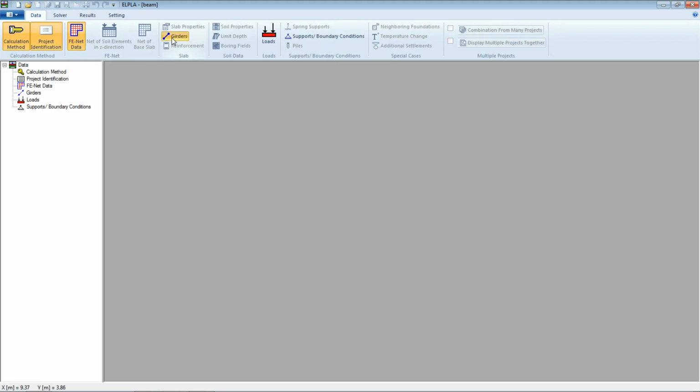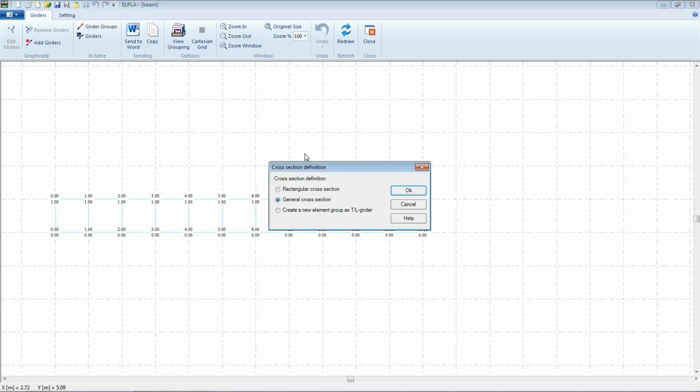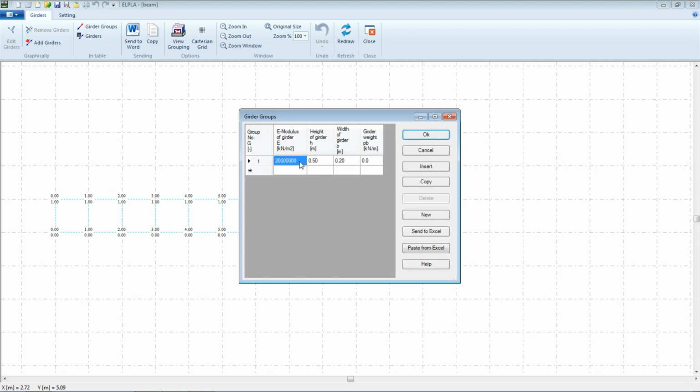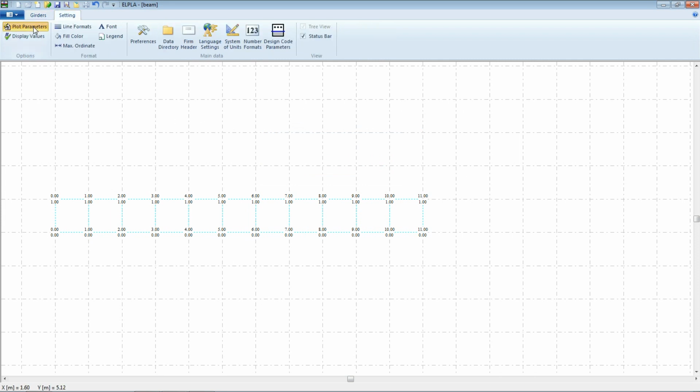Then we will select girders here. First we will select girders group, and from cross section definition we will select rectangular cross section. The Young's modulus will be 2 pi 10 power 7, and the height will be 0.5 meter and the width is 0.2 meter. We don't have girder weight here for this problem. Then okay, and then we will draw